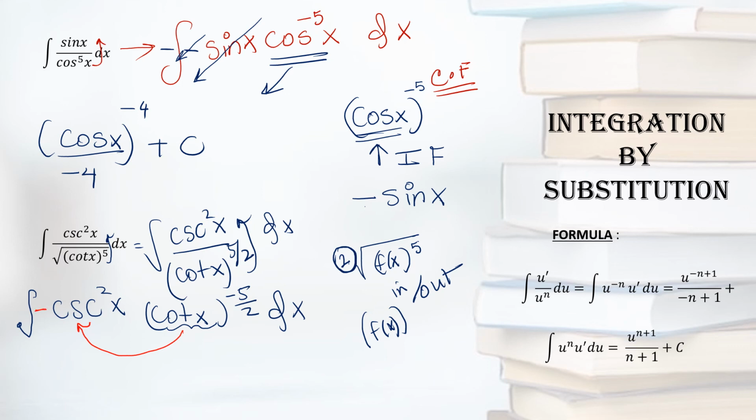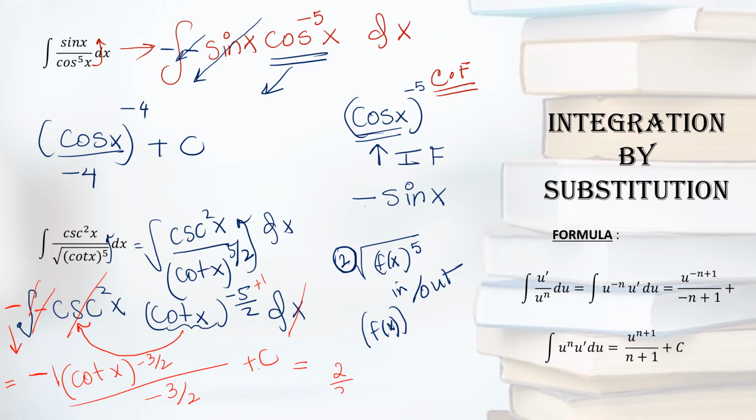So write the negative inside, write the negative outside. Now this negative you have to copy down as it is. The derivative you will ignore, the dx you ignore, the integral sign you ignore while writing the answer. You will write the cot x as it is because the inner function we never change. Now add 1 in the power: negative 5 by 2 plus 1 will give you negative 3 over 2, divided by the same number, negative 3 over 2, and plus c because it is the indefinite integral. Now negative 1 divided by negative 3 over 2 will give you positive 2 over 3.